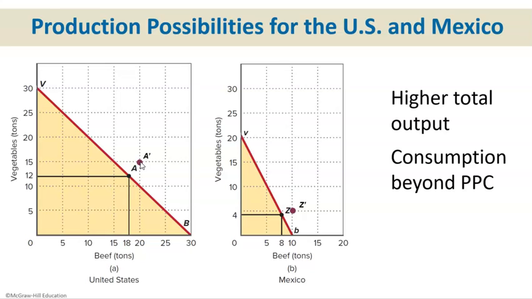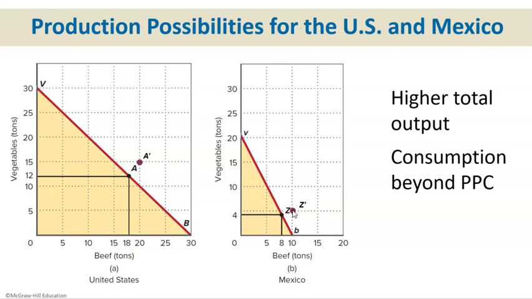Remember in chapter 1, we called this unattainable. It's impossible for a country to get out to this point on their own. It's only possible to achieve this point if they specialize in trade. And the same thing happens in Mexico. If they did not trade, they would get stuck on their production possibility curve. But because they're specializing in trading, they end up at this point out here where they have more of both